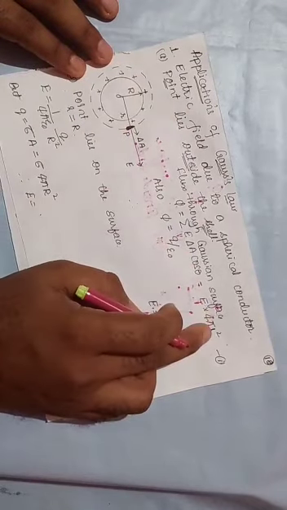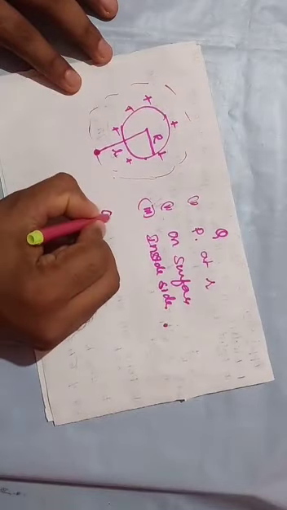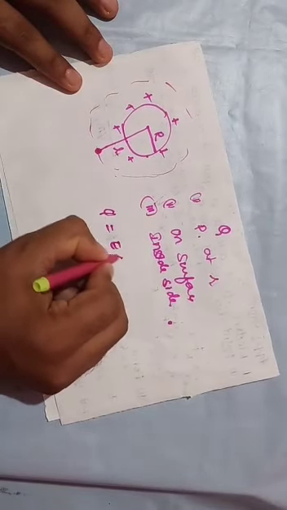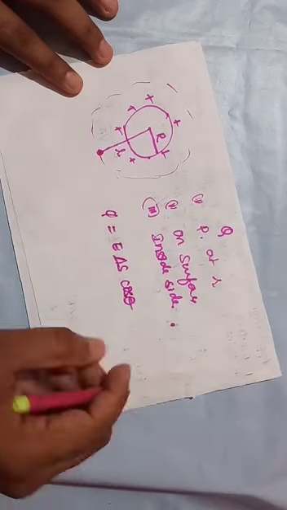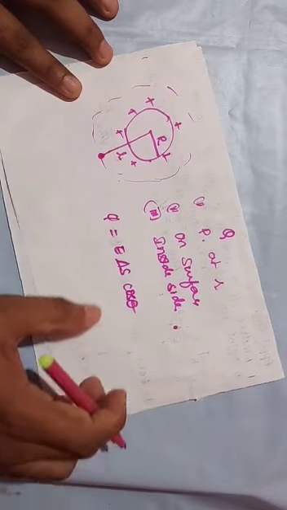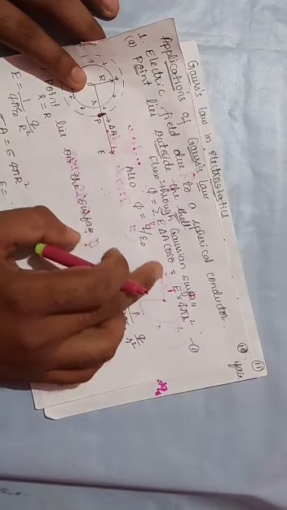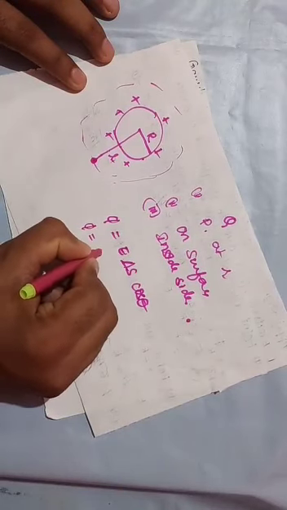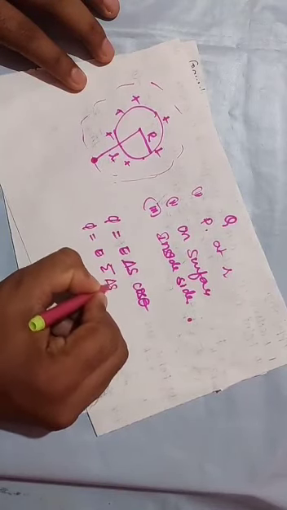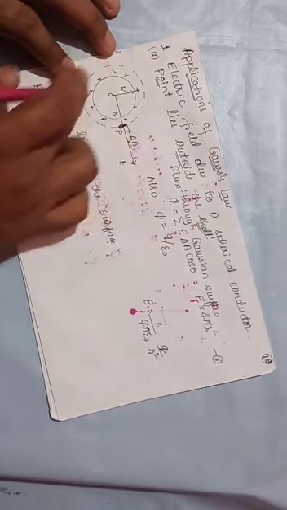From the definition of electric flux, we know that phi is equal to E into delta S into cos theta, where theta is the angle between the electric field and this area element. Here phi is equal to the summation of E into delta A cos theta. The electric field is constant, so we take the summation of delta S, which is nothing but the area of this Gaussian surface.